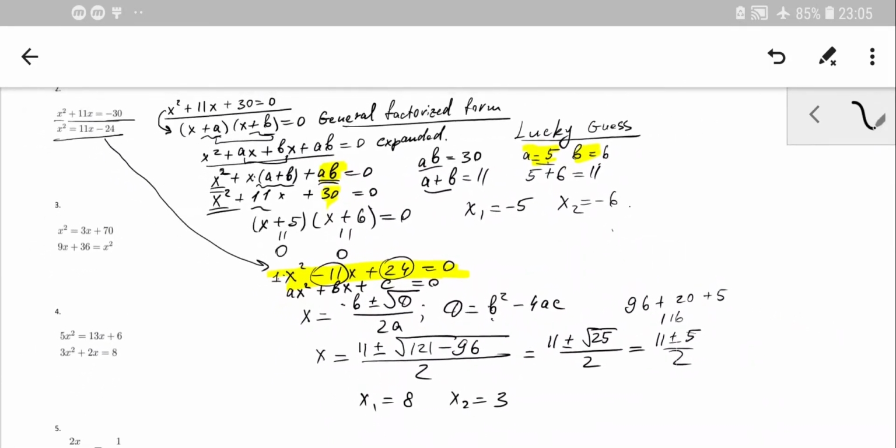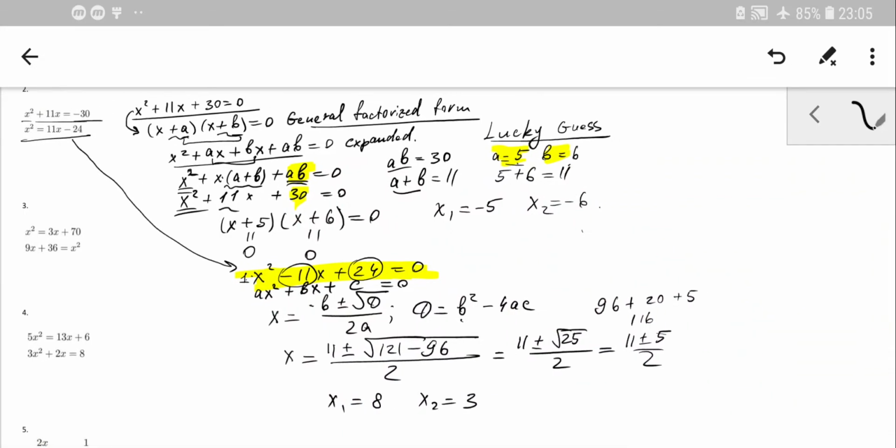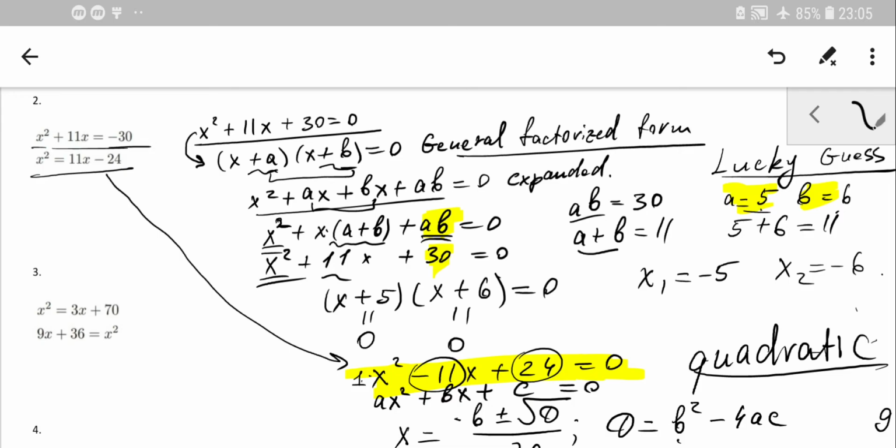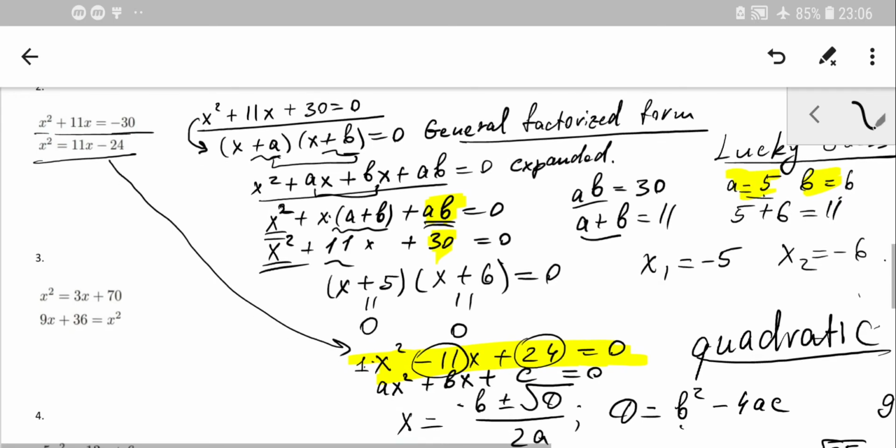I intentionally gave you this here for comparison. This is what is called the quadratic formula. But if you're told to solve using factorizing, then don't use the quadratic formula. Just try to use the first way, through the general factorized form, for example. You might also use an alternative way, and I'll show you for